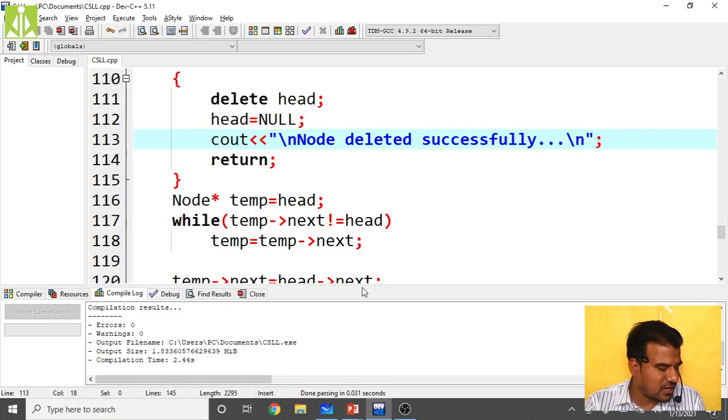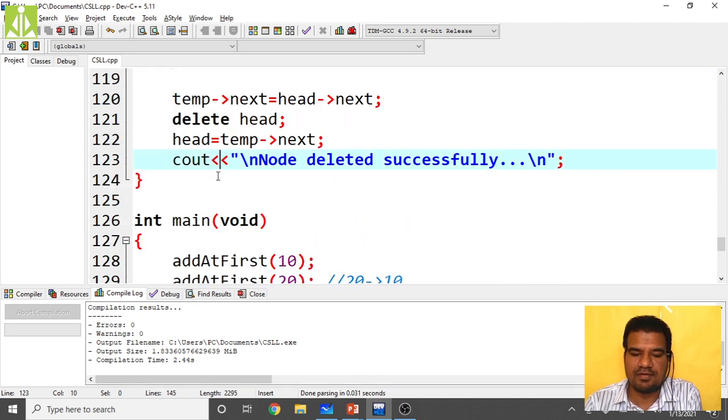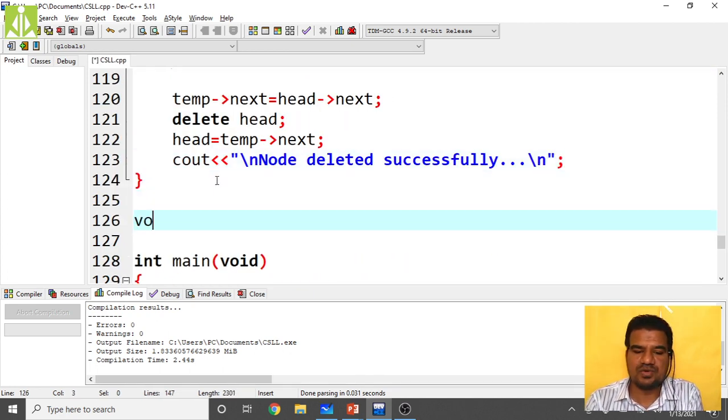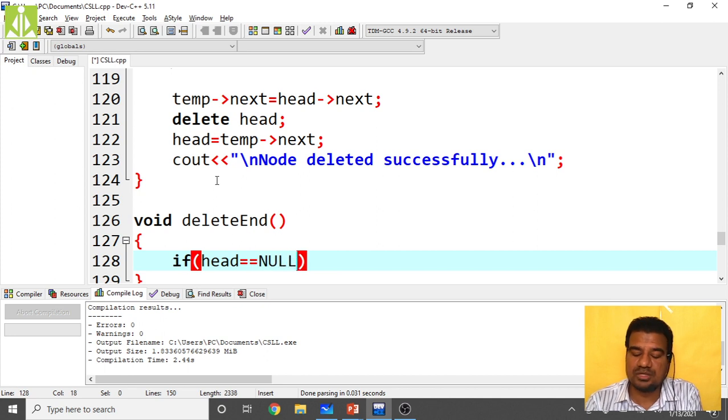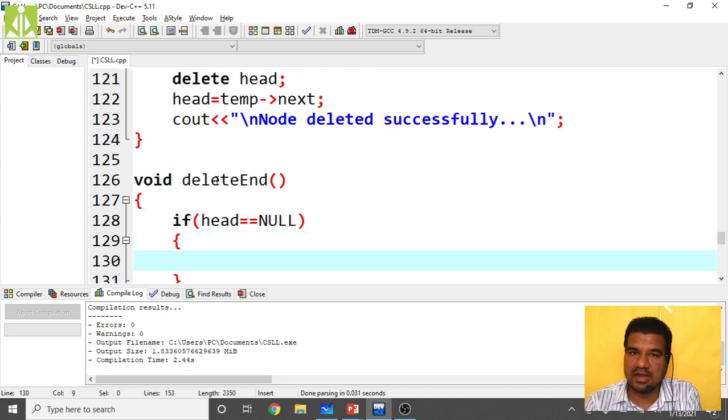So go and start writing the code for that one. So this is delete last, isn't it, or delete end? We can say delete end function. So how can we write, void delete end, inside it what we have to do, again we have to check if my head pointer is equal to null or what. Again I have to do both the things. Okay, when you are deleting the end, first you have to check if your CSLL is completely empty or if it is having only one node. Two conditions you have to check.